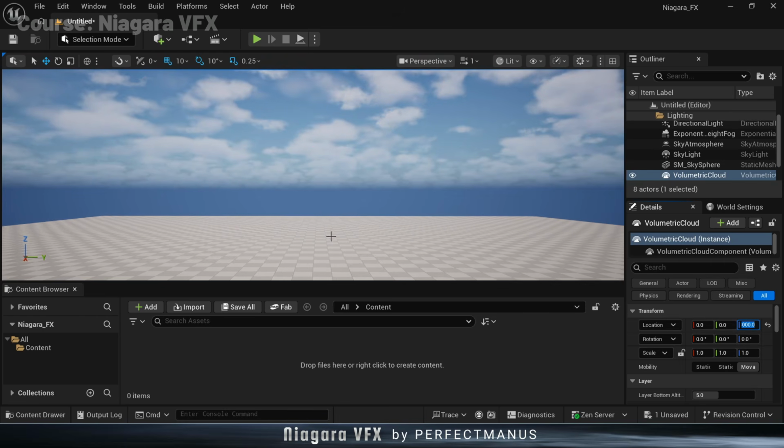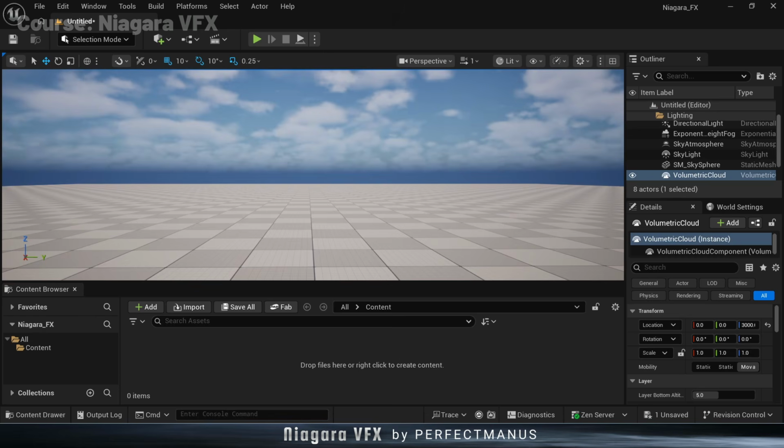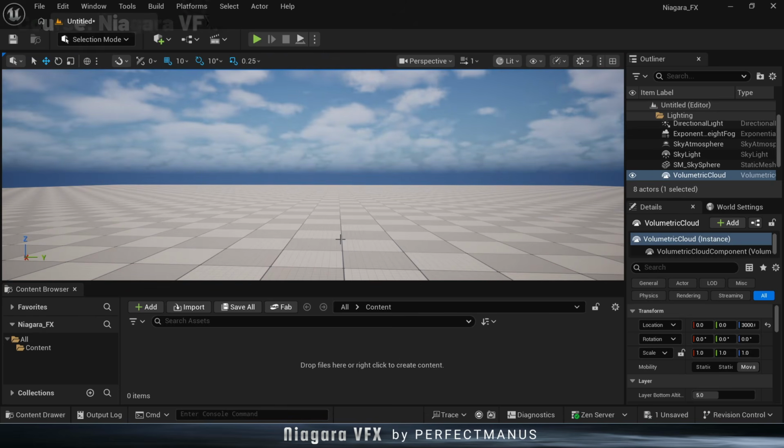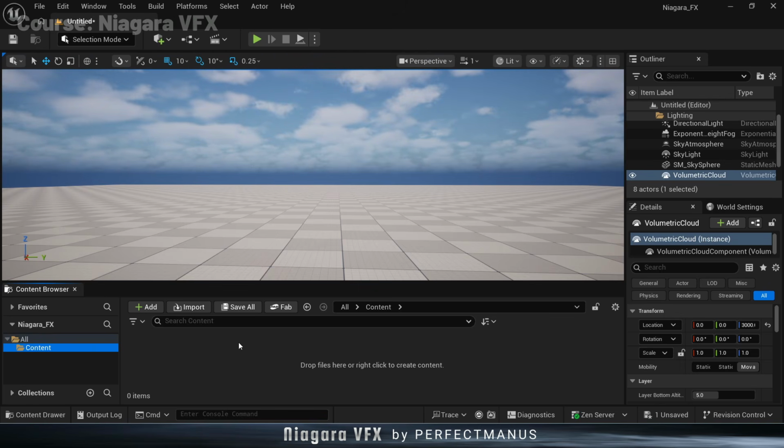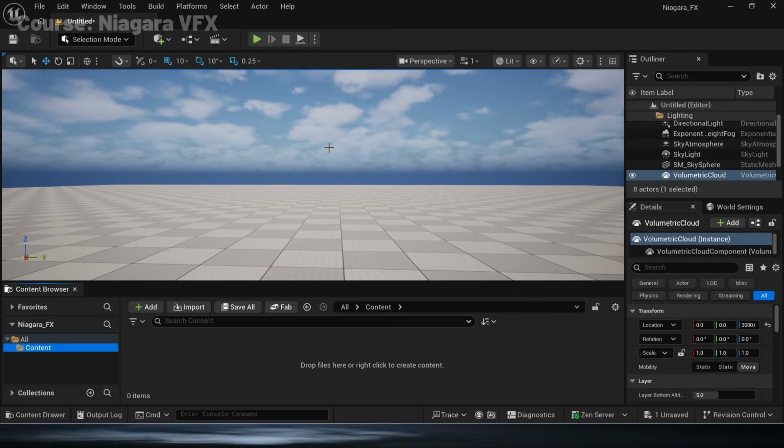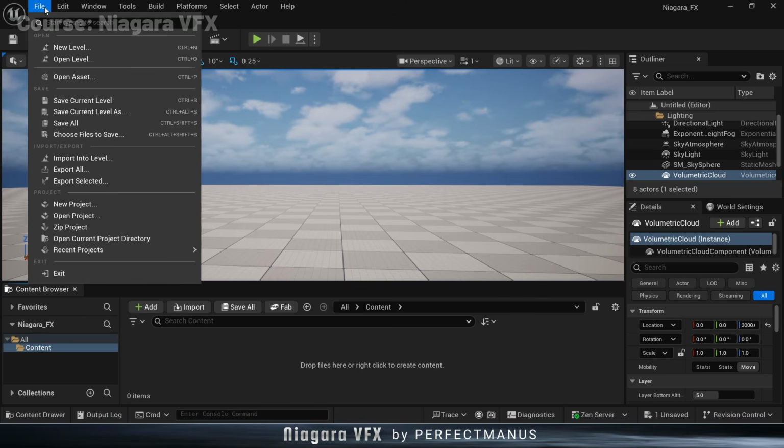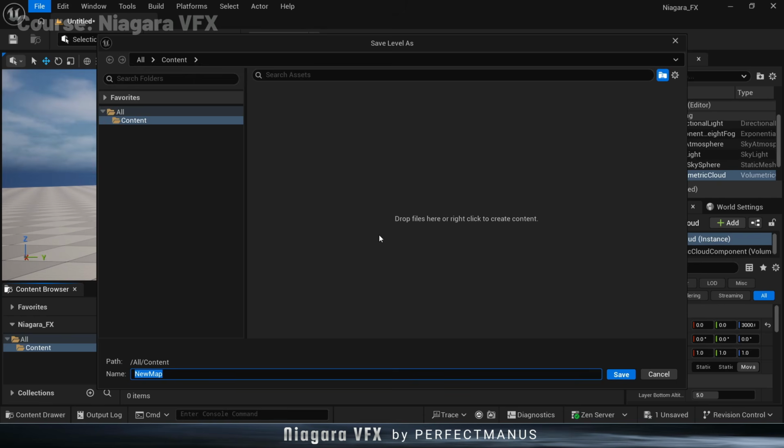Now that we are here, we have this open map. We have to set a few things up. First, we have to start creating folders where we'll be having different levels, different maps for different effects. So the first thing that we'll be doing is we have our map. We have to save this current level. To save it, you have to come up here in the file and save current level as. It will ask you where you want it to be saved, and we'll be creating a new folder here called